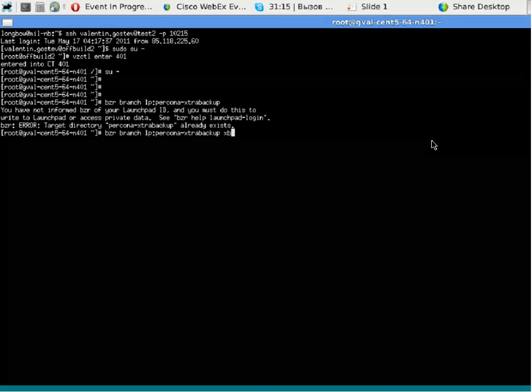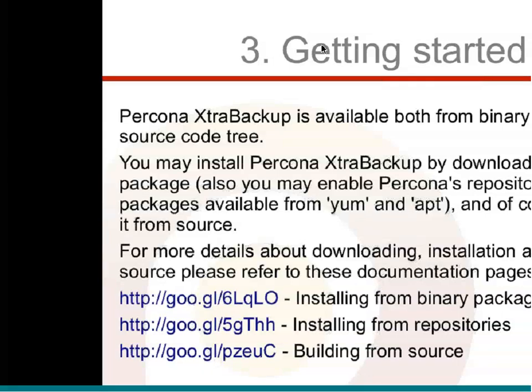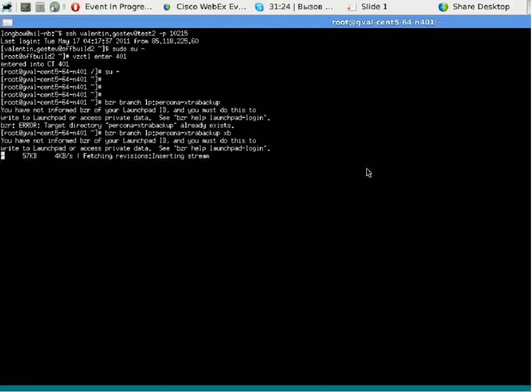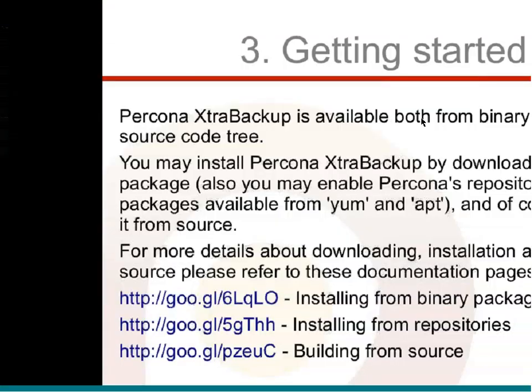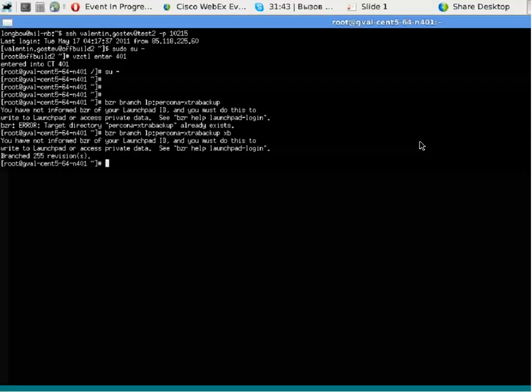One moment. And once the source code is downloaded, we should build 3 binaries for it. XtraBackup consists of each binary for MySQL version,